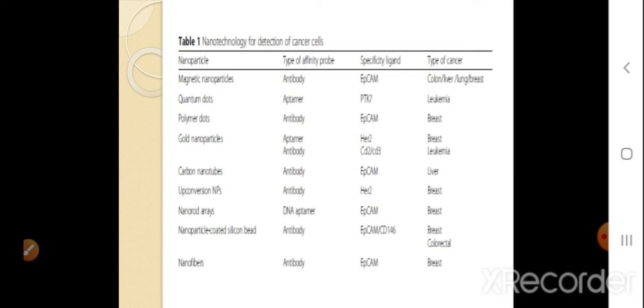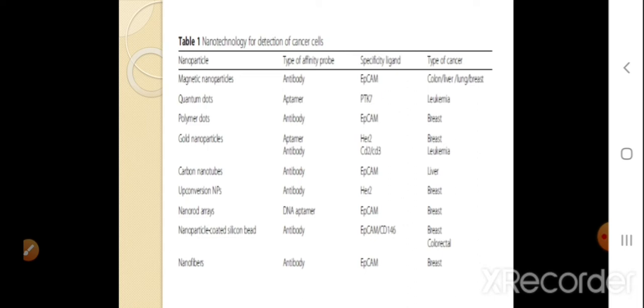So in the first case we see magnetic nanoparticles. The affinity probe is an antibody and the ligand to which it is targeted is the EpCAM. And the type of cancer which it detects is colon, liver, lung and breast cancer. Similarly, we have the few other classes, quantum dots, with the affinity probe being aptamer. Aptamers are nucleic acids, especially RNA, which can bind to a whole virus cell as such. They bind specifically to proteins and sometimes even whole cells. So here, aptamer is the affinity probe, which is targeted at a ligand of PTK7